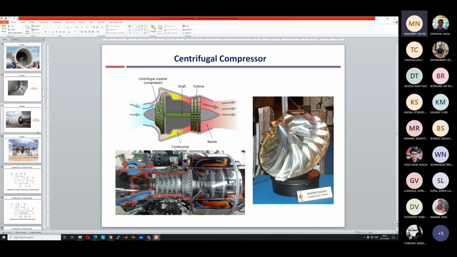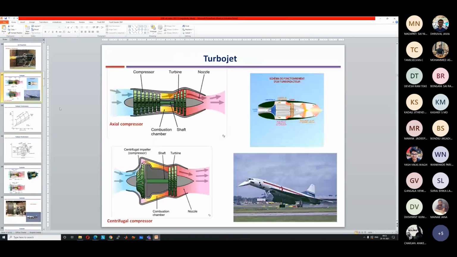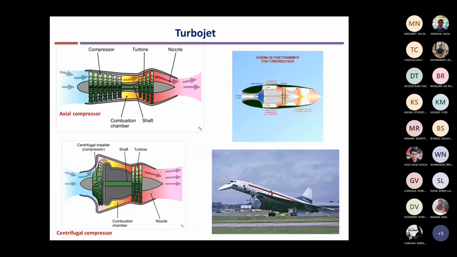Yes, sir. So I was saying after that there can be uses of a centrifugal compressor if you have multiple axial stages, then one centrifugal stage to decrease the number of axial stages. But still it will increase the cross-sectional area. So nowadays no modern jet engines actually use a centrifugal compressor. All of them use an axial compressor, whether it's a military aircraft or a civilian aircraft.